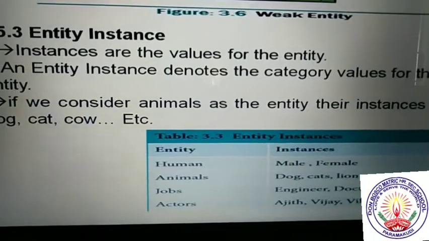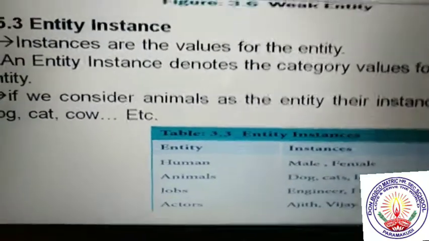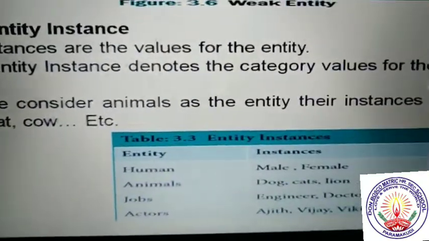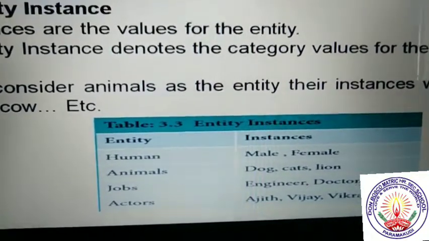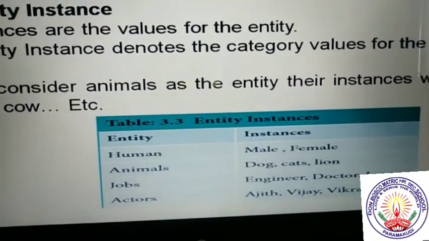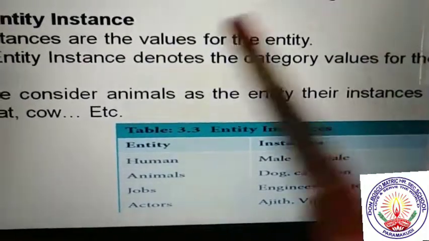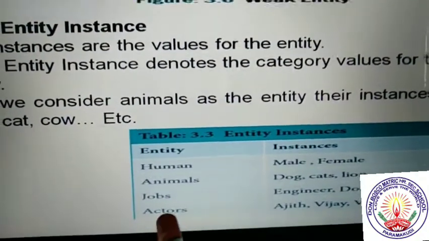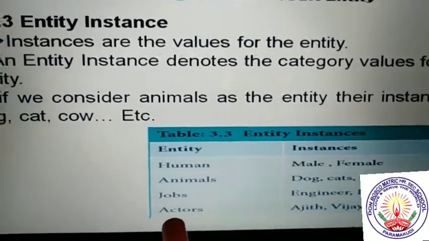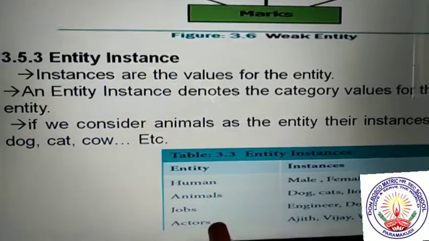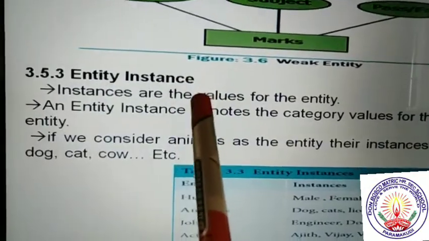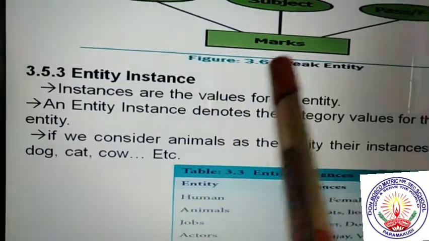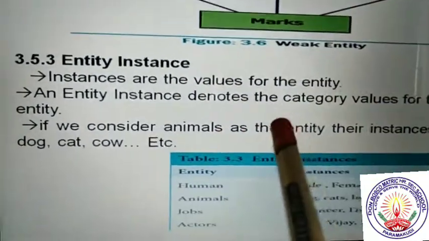So different types of actors are here, like Ajit, Vijay, Vikram and Surya. So these persons are the instances of the entity actors. So have you noted down, students? So here the entity instance means we give the value for the separate entity.